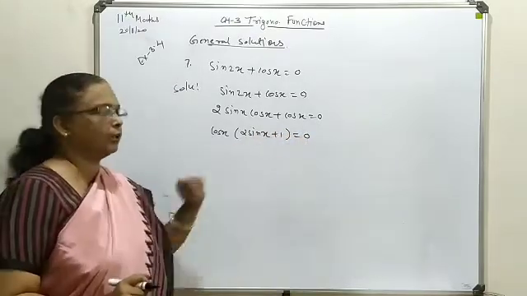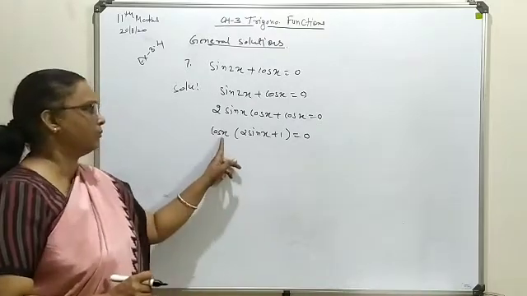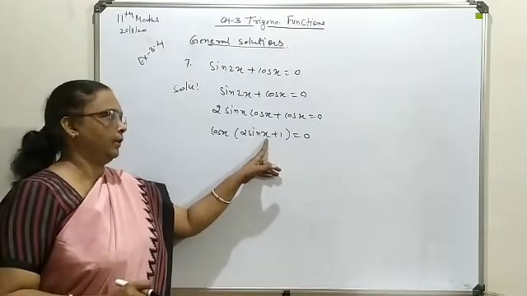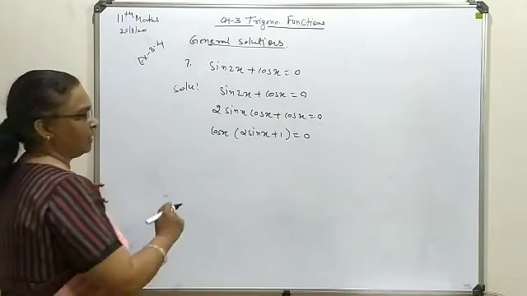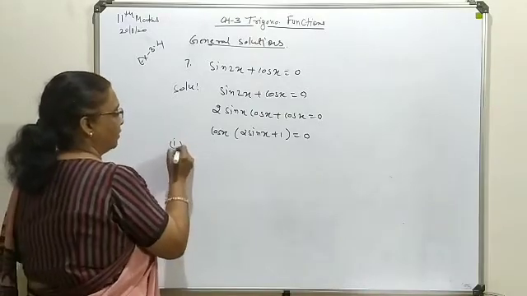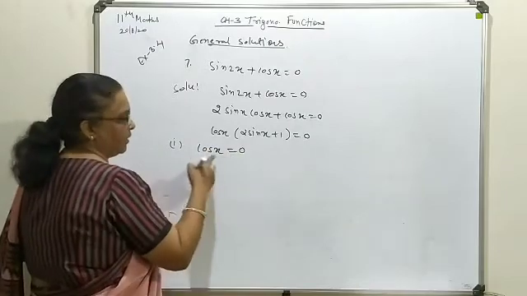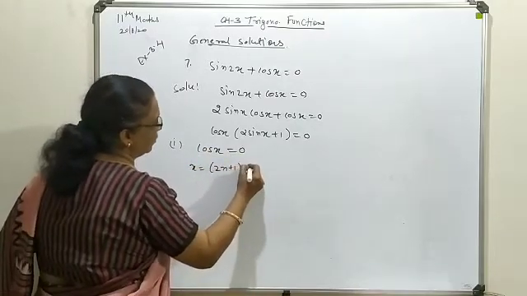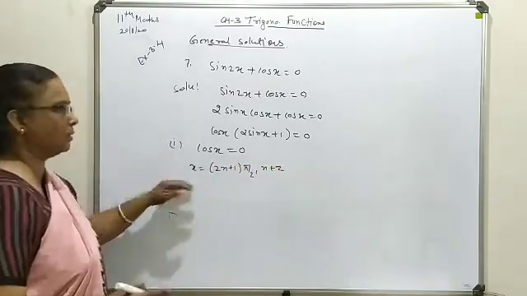Now you can see both the terms are separate for their general solution. So first of all, cos x we compare with 0, and 2 sin x plus 1 we compare with 0, and find the respective answer form. The first one is cos x is equal to 0, its solution is x is equal to (2n plus 1) pi by 2. Nothing more is to be adjusted.